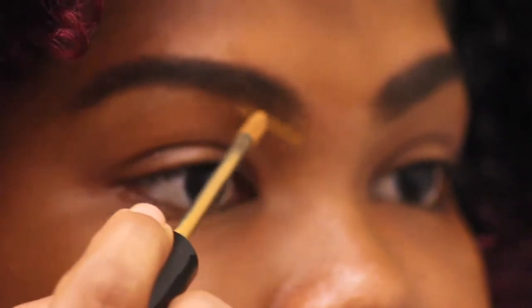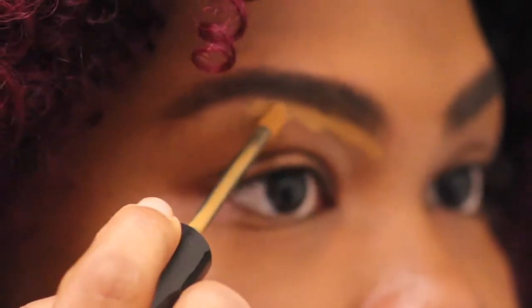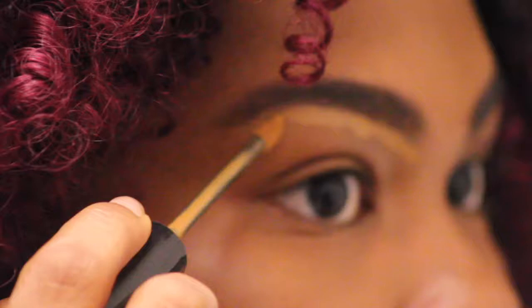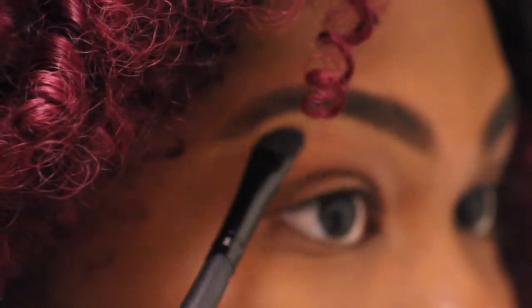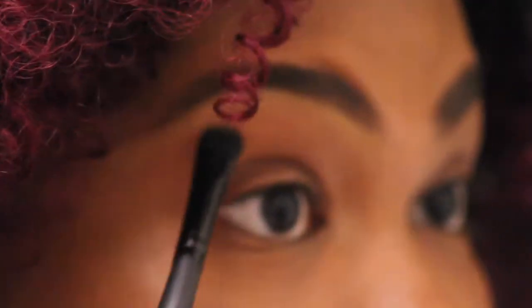Now I'm cleaning up the brows. I'm going to be using the Ruby Kisses Pure Mineral Concealer in the color Warm Honey. So I've been looking for a new concealer to try. I've been running out and I wanted to try something new, but I didn't want to get something high-end because